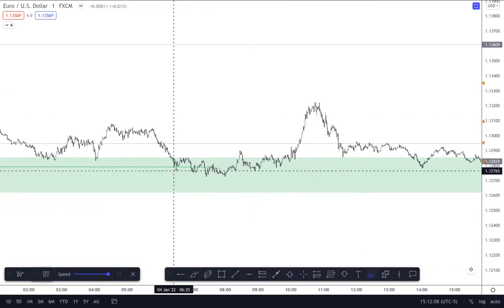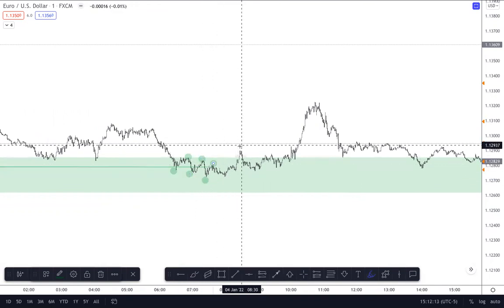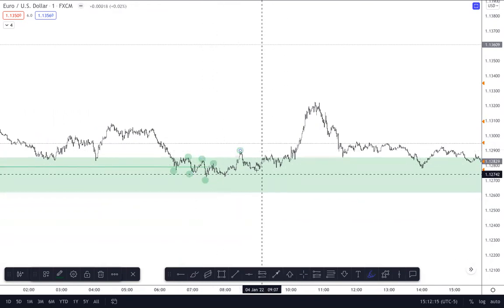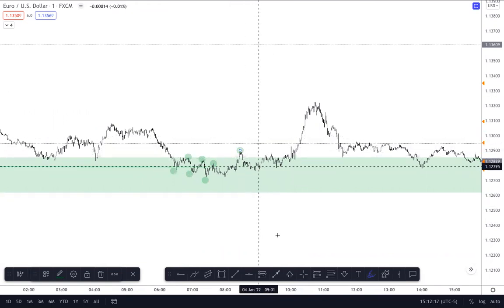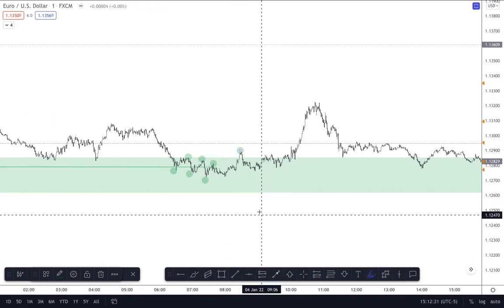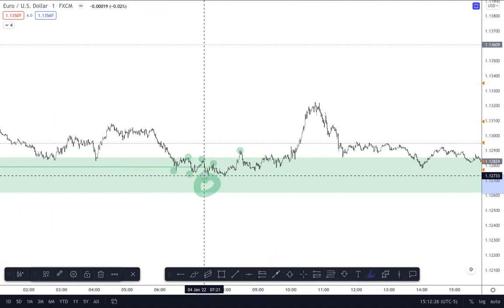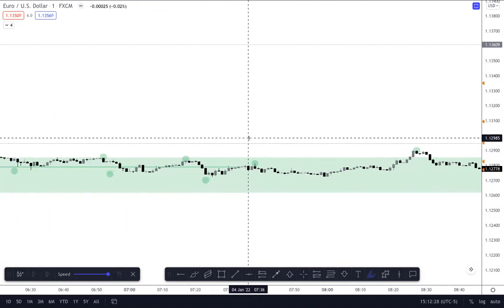Coming into it, we see structure coming in, but we need to see a change of character, which would have been right here. Once we have seen that change of character, we want to identify the low that caused that high, which would be right here. Coming into that low,